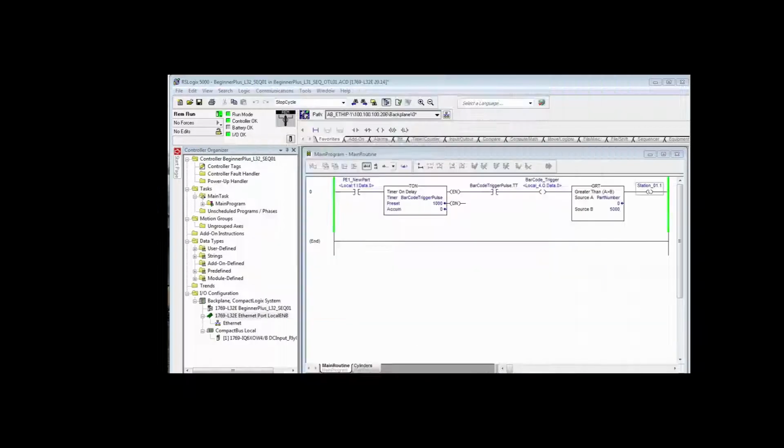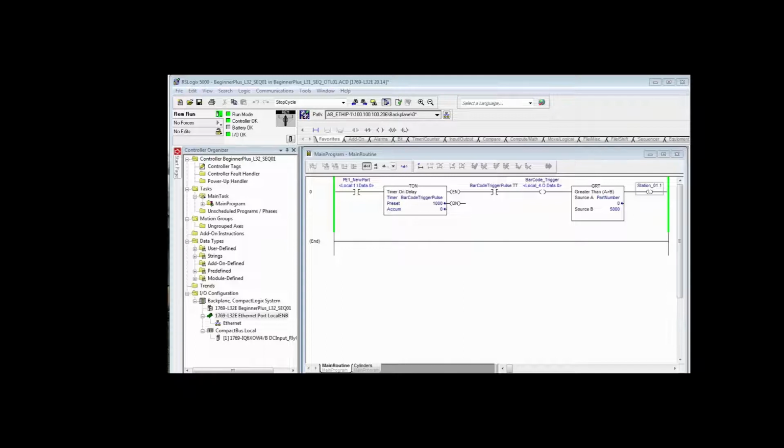Now we'll convolute this as best we can as we go, but that's a quick review on this virtual machine. Taking the logic as we need it, the first step was to acknowledge a part coming in on the feed conveyor, or rather to sense that there was a part present. And remember that photo I1 is primarily used to trigger the barcode reader. Now we don't have a virtual barcode reader yet, but if you look at the logic here, it says if photo I1 senses a new part,